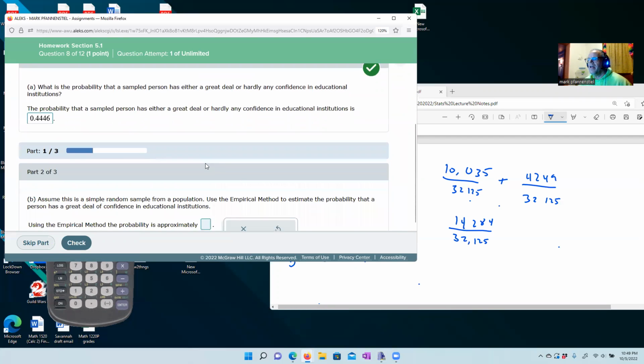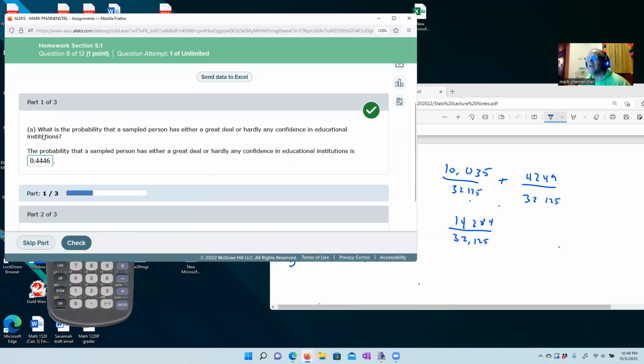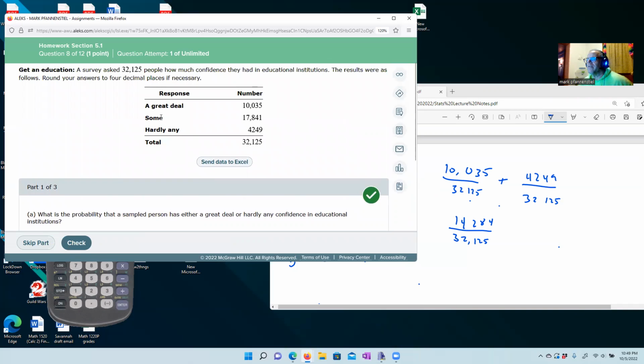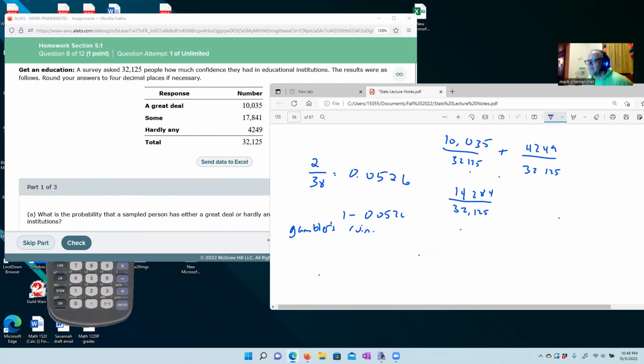Let's go on. I'm on number 8. So let's see here. What is the probability that the sample person had a great deal or hardly any confidence? We did that one. Assume that we have a simple random sample of the population, using the empirical method to estimate the probability that a person has a great deal of confidence in an educational institution. So we will go back up here and say, what is a great deal? So we'll just go ahead and calculate that. So that's going to be 10,035 divided by the